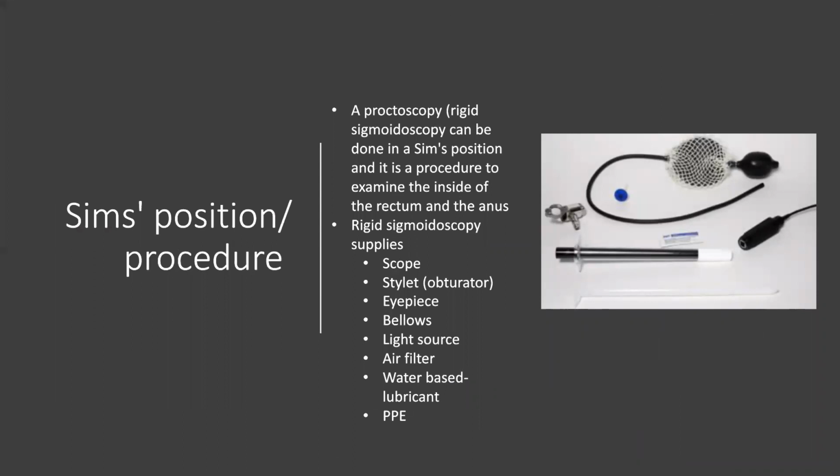A procedure that can be done in the Sims position is a proctectomy. Rigid sigmoidoscopy can be done in the Sims position, and it is a procedure to examine the inside of the rectum and the anus. The supplies for this procedure include a scope, stylet, obturator, eyepiece, bellows, light source, air filters, water-based lubricant, and PPE,